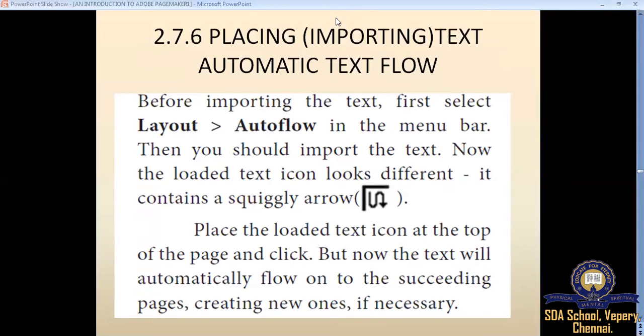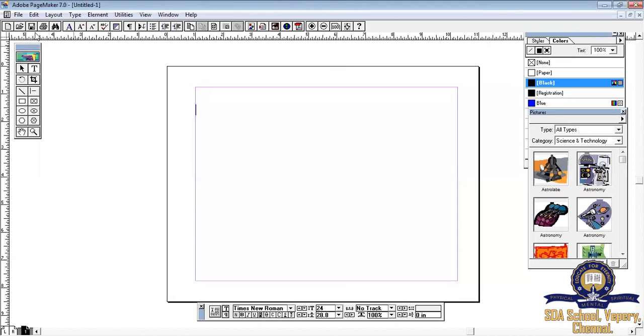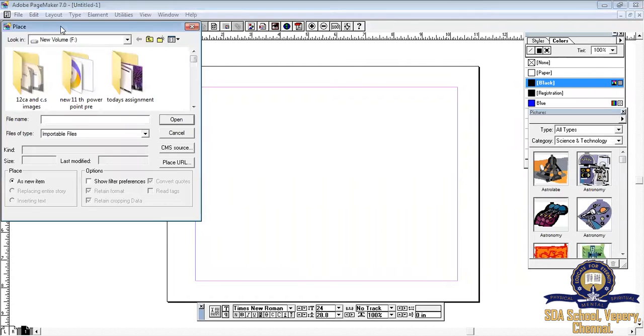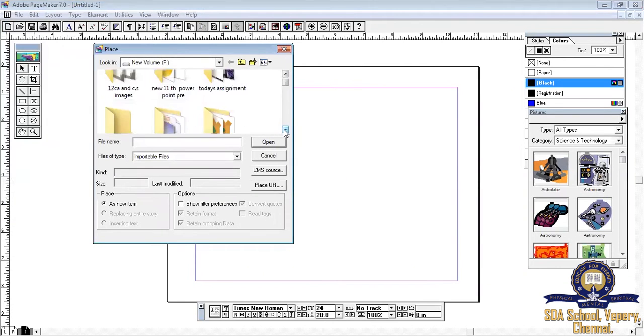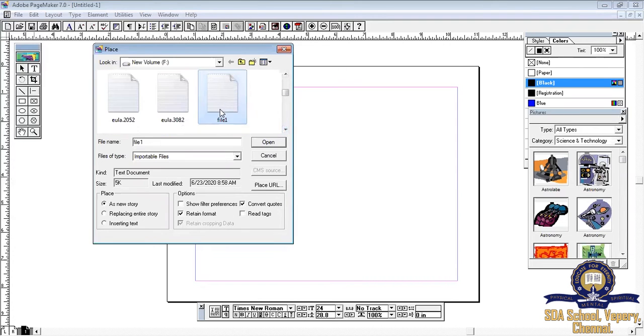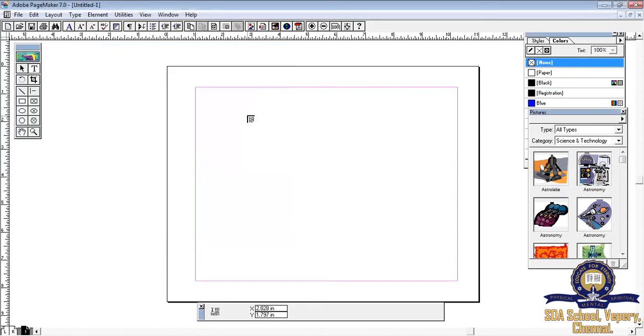Let me share my Adobe PageMaker screen here. Let me go to my file menu, choose the place option. The place dialog box comes on the screen. Choose file 1. This file is already created by me. Give open. Now the icon looks like a loaded text icon.